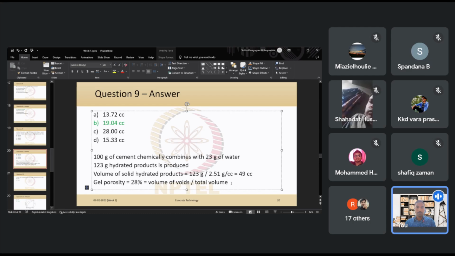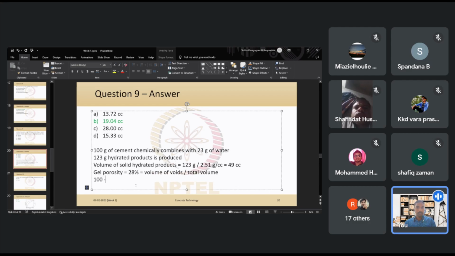When the porosity is 28%, what does it mean? 28% of the product is pores, which means the remaining 72% of the total volume is made up of the products. So 100 minus 28, which is 72%,